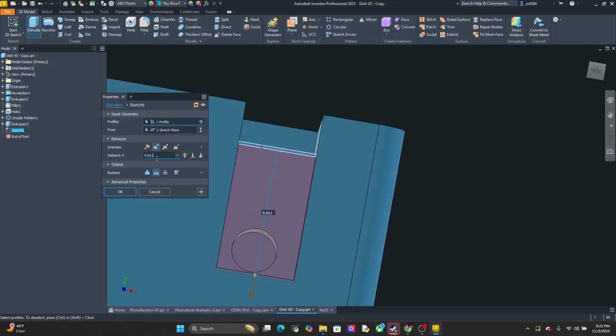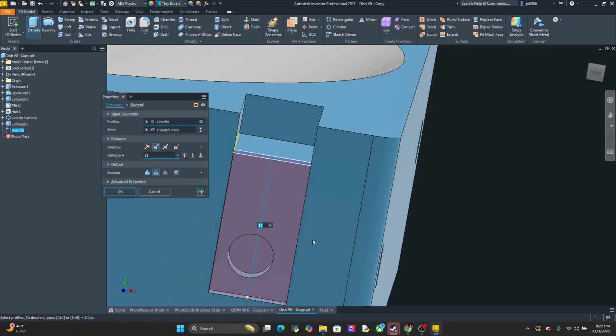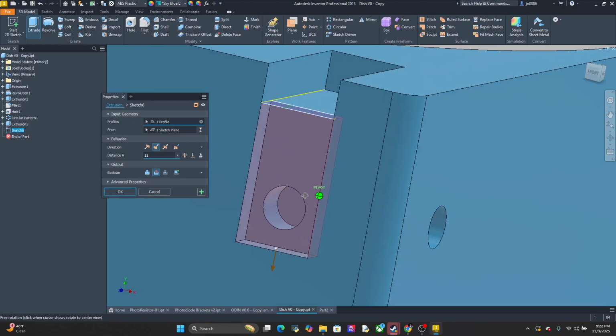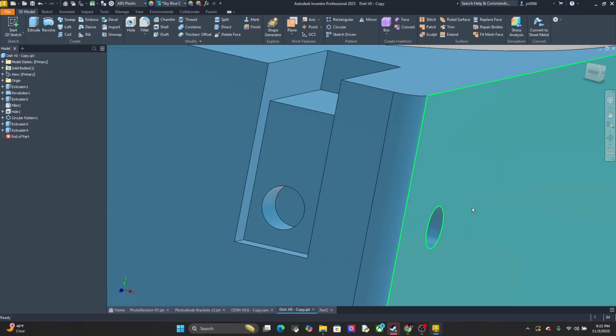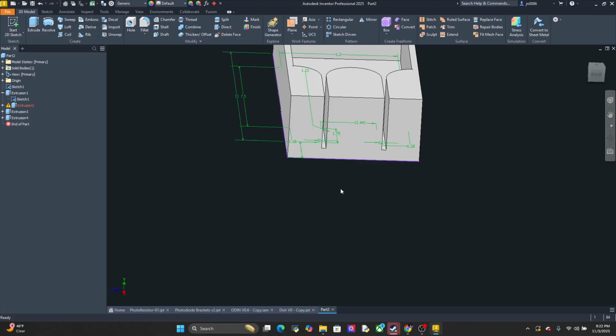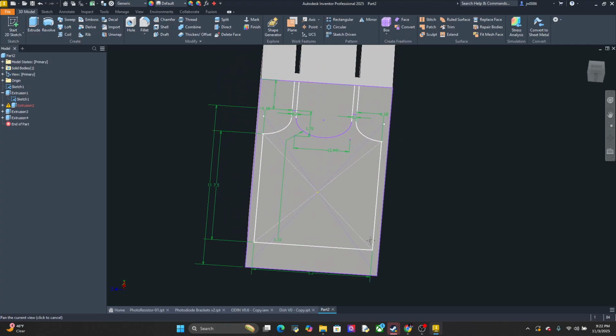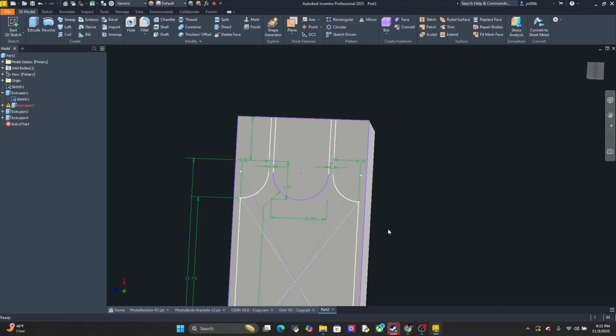Let's just make it 11, so it has a good bit of clearance. Okay, so now we'll just